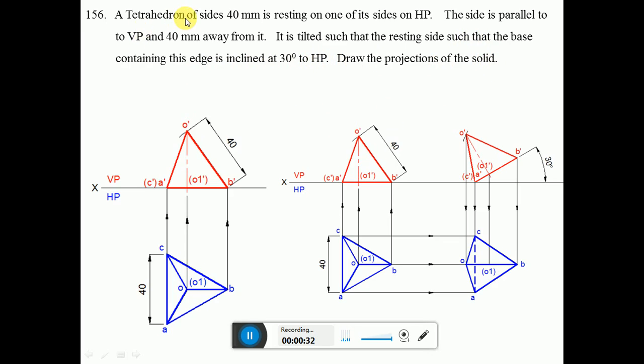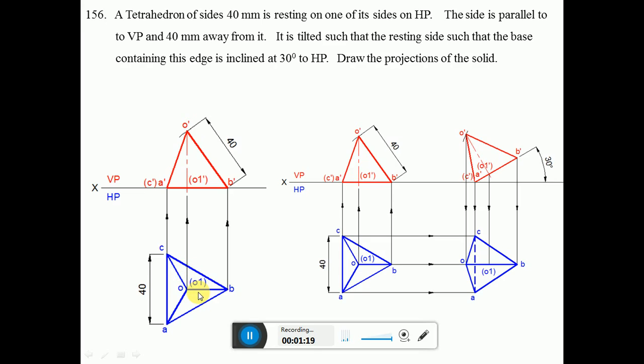So a tetrahedron means four sides which will be having 40 mm sides. So here, which are all the four sides? First we are going to consider that. So AB is the one side, BC is the another side, AC is the third side. Then we have OA, OB and OC. But here there are totally 6 sides, but here we are considering only 4, in the sense that OA will be equal to OB, which is equal to OC. All these 3 sides will have equal length.